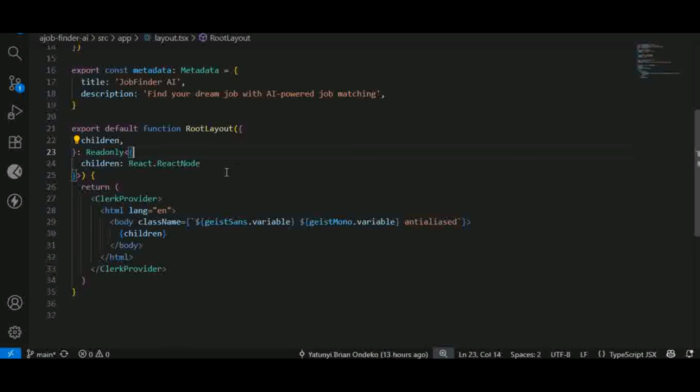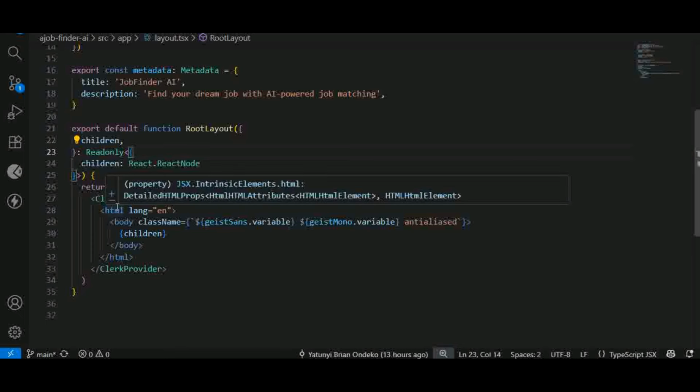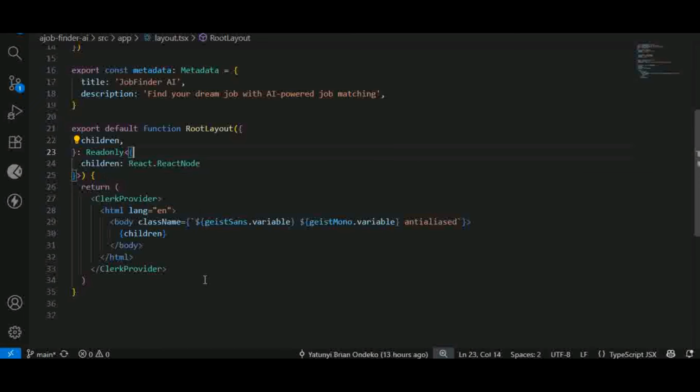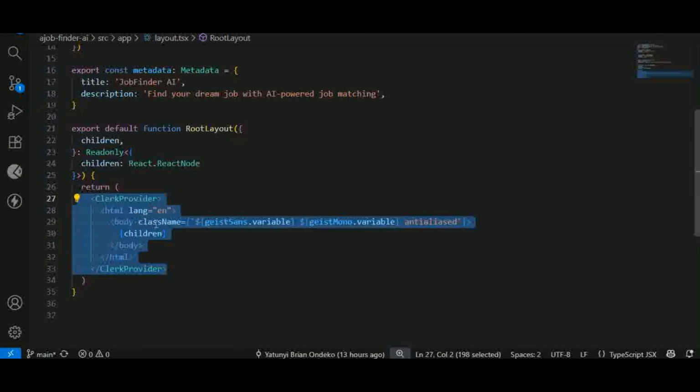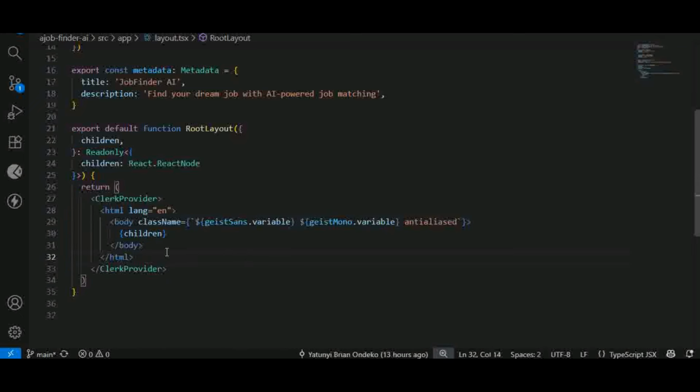Then the children is going to be React node. Now in the part of the return, you're going to include the Clerk provider. You're going to cover everything inside a Clerk provider, and just include everything here that was previously there. Okay, so that's just how everything is going to be here in the